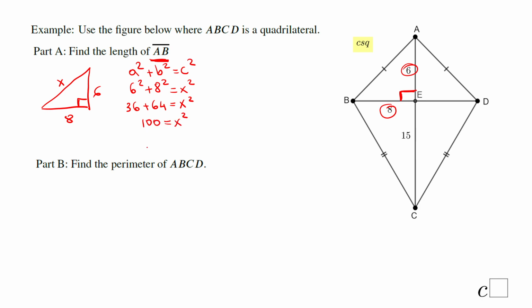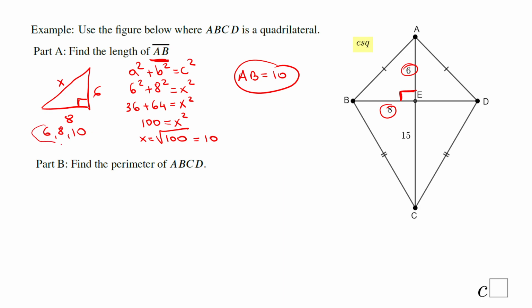And for finding x, we're gonna take the square root as the inverse operation, and that will be 10. That x, remember, is nothing else than AB. AB is 10. It's useful if you remember a Pythagorean triple, 6, 8, and 10, then you don't have to